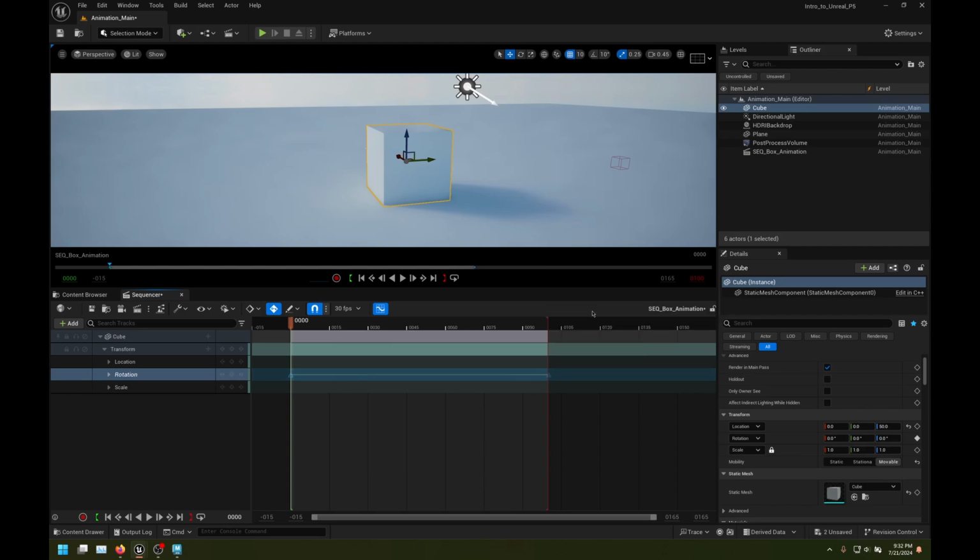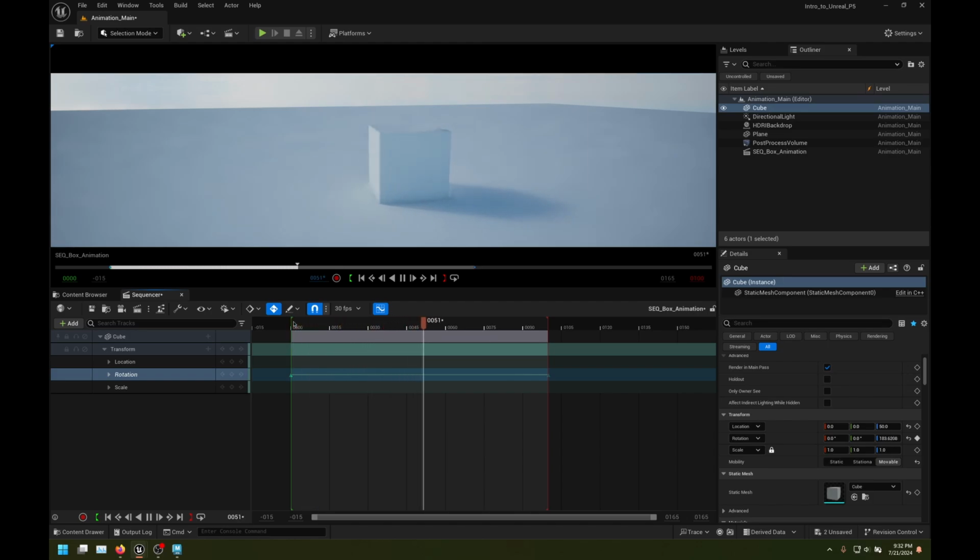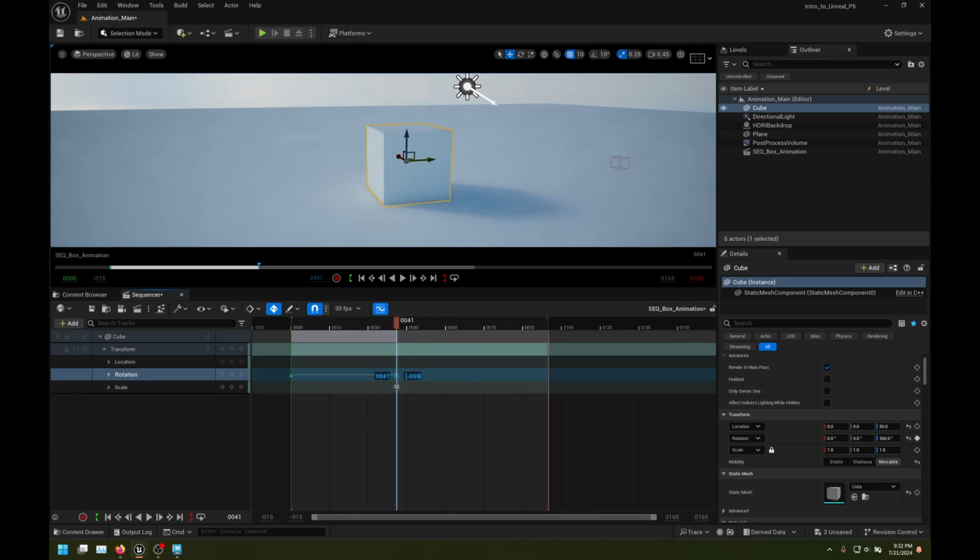So if you turn these into linear keyframes, they'll turn into little triangles on the time slider here. And now, if we play this, these are just going to go at a constant rate. There's no easing happening. There's no speed up, slow down. And so this is perfect for something like trying to render very precise angles over 360, right? So one great use case for this is a 36 angle spin of a car, right? So if we take our end frame and set that to frame 36,